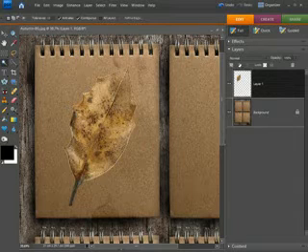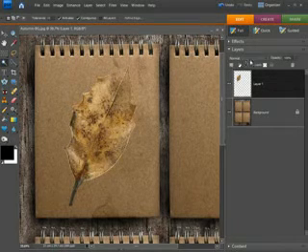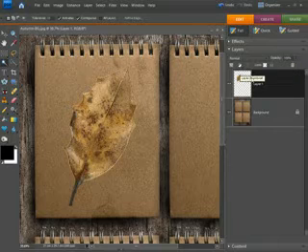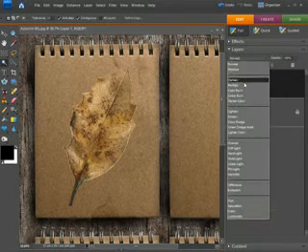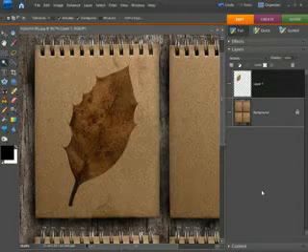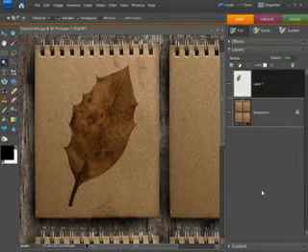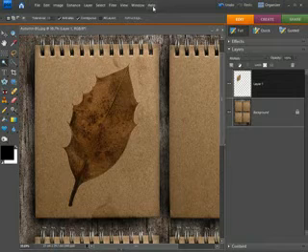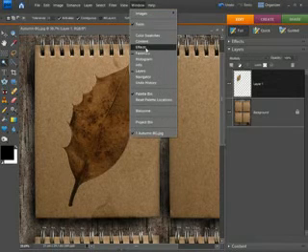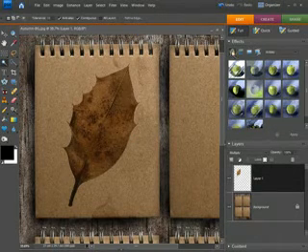So what I'm going to do is change the blend mode. Now at the moment the blend mode for the layer we're working on, which is the one with the leaf, is normal. But if I change that to multiply, you see our leaf gets a little bit darker, and that makes it much clearer. Okay, so we've made our leaf stand out from the background, but let's just take the effect one step further. Now I'm going to apply an effect. Now you can see the effects up here just above the layers, but if you can't see them for any reason, go to Window and choose Effects. Now you'll find there are various effects.